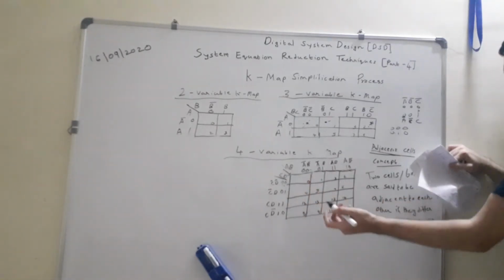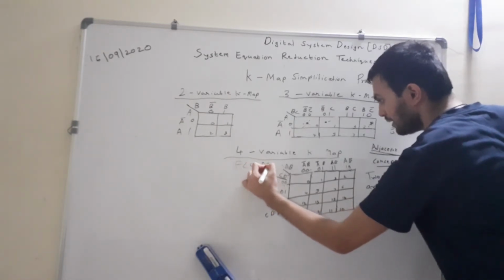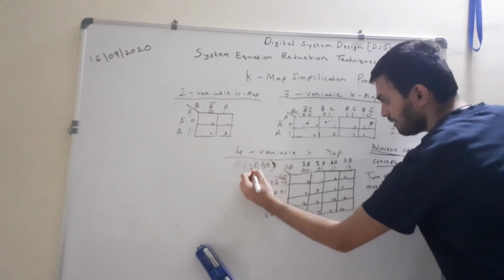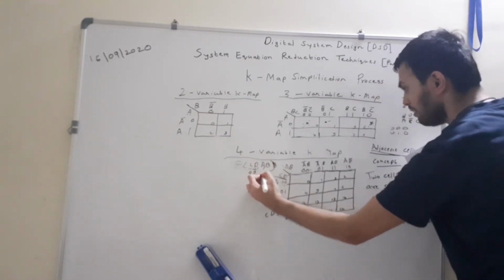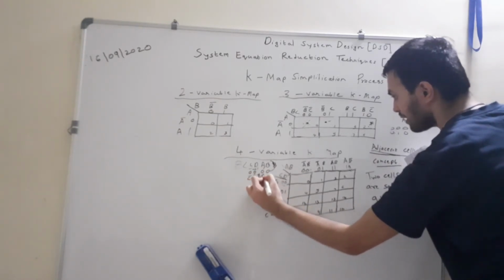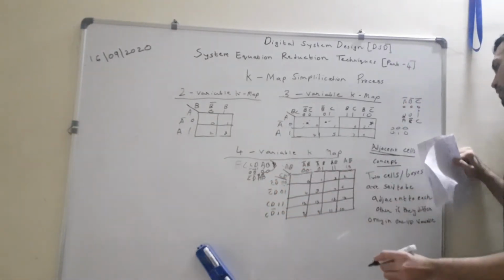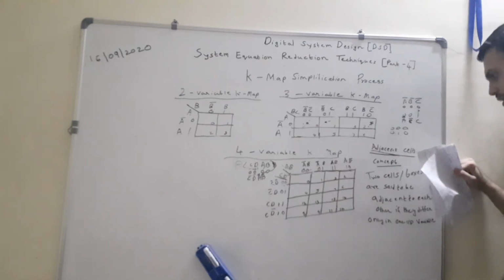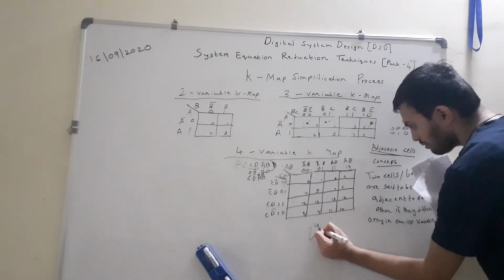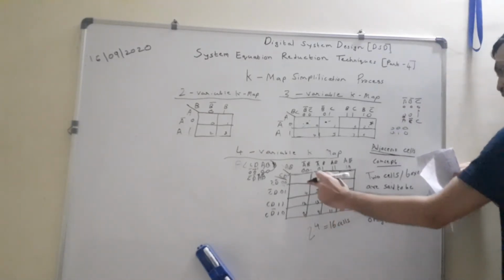So that is CDAB. When you write the Boolean function of CDAB, then CD is the MSB. So here 0 0 and 0 0. So this is nothing but C bar D bar A bar B bar, which is nothing but 0 0 0 0, and the corresponding output to it. So this is how you read that K-map, and this is a 4 variable K-map. That's why we have 2 raised to 4, that is 16 cells in this, and that's why it is labeled from 0 to 15. You see.